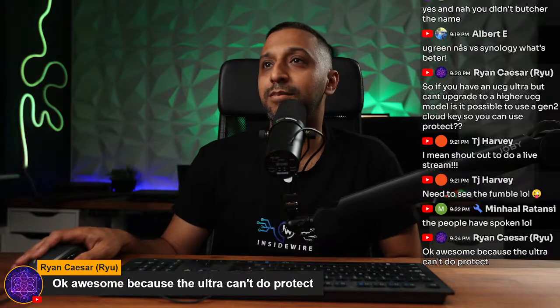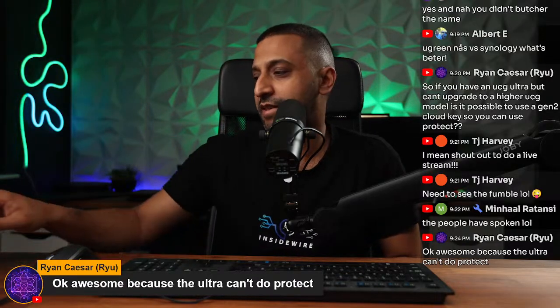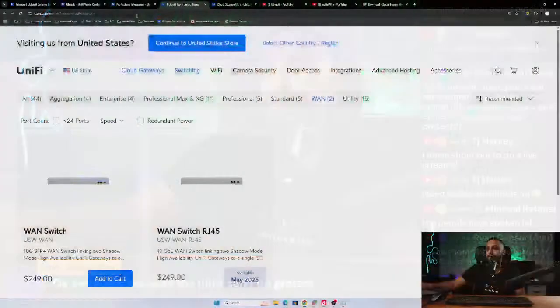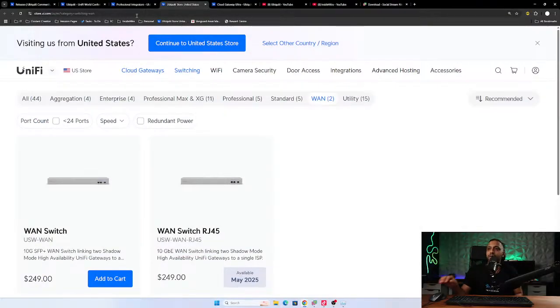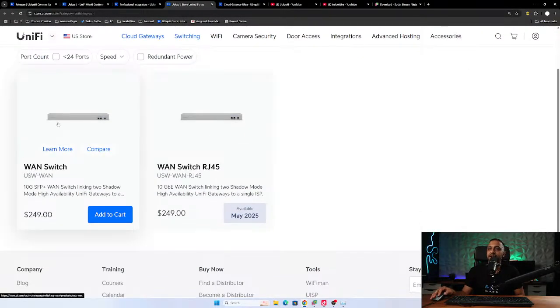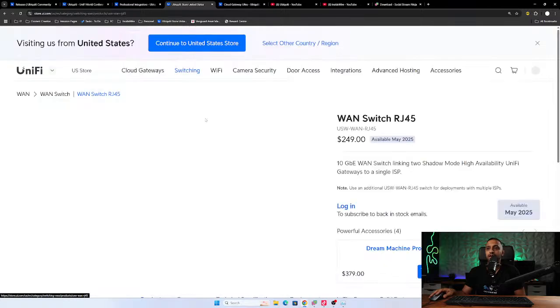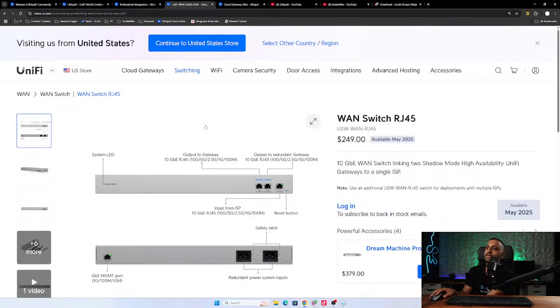Let's talk about the USW WAN, because we haven't spoken about that yet. This is another product that they've released recently, which is the USW WAN. They have two different models. They have an SFP Plus model and they have an RJ45 model. And what that basically means is